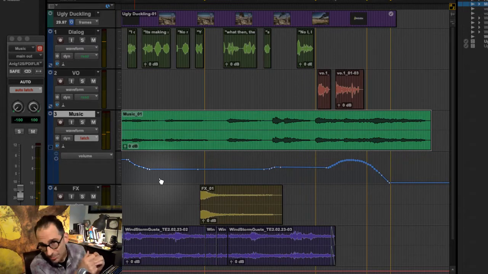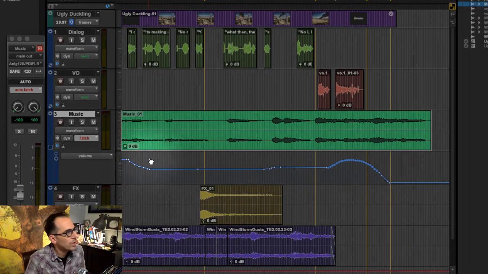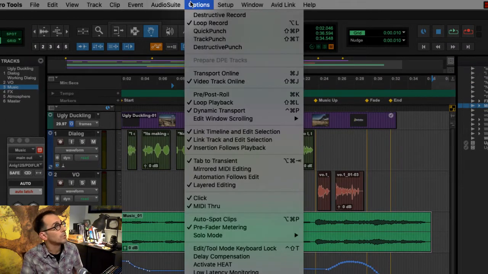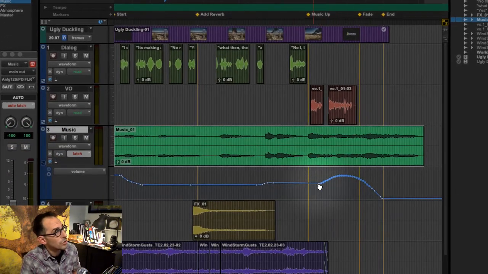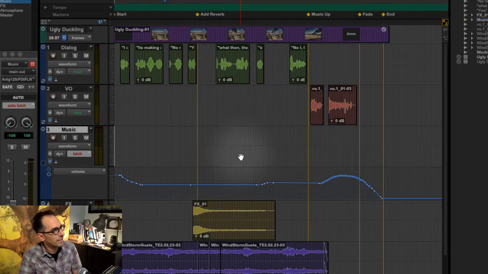So it's very possible that the client comes in and is just like, I love the feel of it. I just hate that guitar twanging crap. I want a metal song. And you're like, okay, whatever. But you did all this work on the fades. So what you can do is go up to Automation Follows Edit and deselect it. Now all your hard automation work is no longer linked to the track. So now I can delete this, pop in another music track,